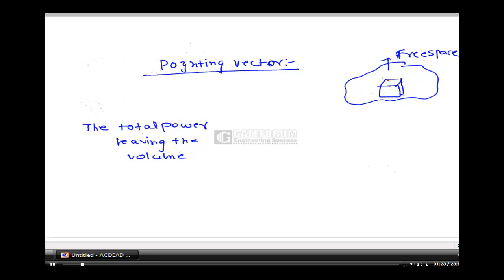I am considering a small volume in free space. The total power leaving the volume is equal to the rate of decrease in energy stored in